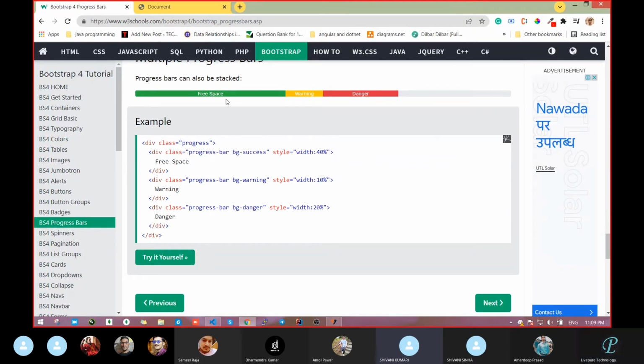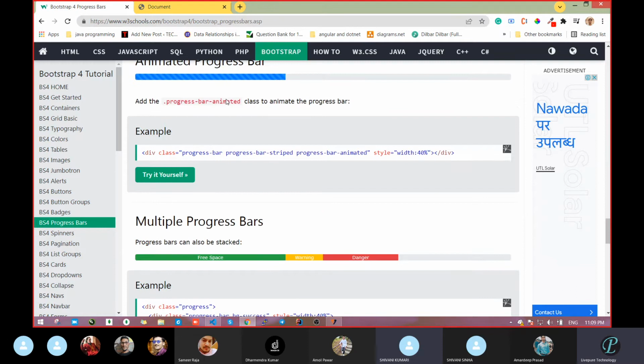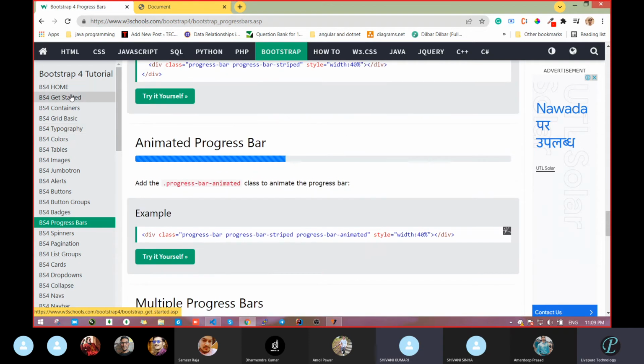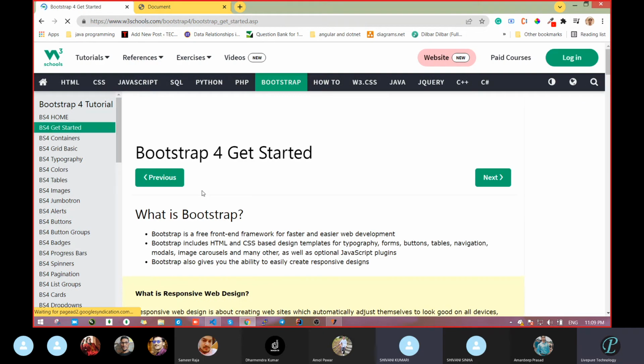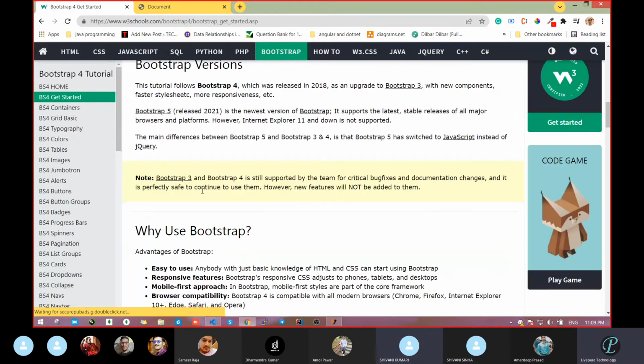That's it. Got it? Suppose somewhere you need to make a progress bar. You have to keep in mind that there is a progress bar in the Bootstrap case. Open W3Schools, and with the naming convention you can find where the progress bar is. Clear? How much time will it take to search? Go one by one, fast. You will get that within 2 or 4 minutes,